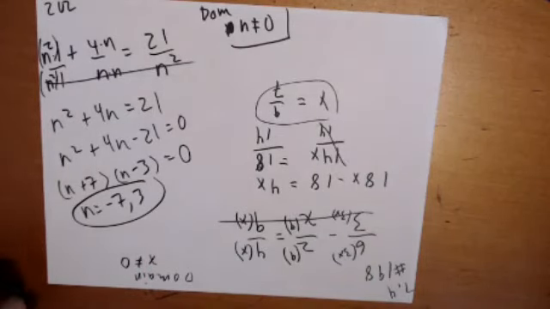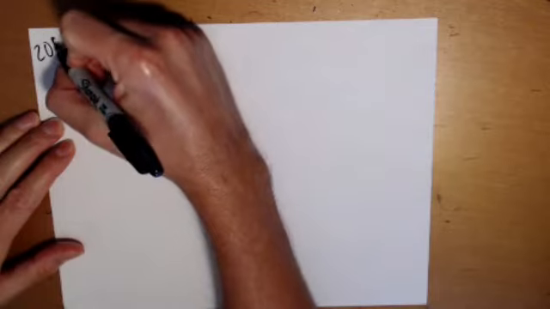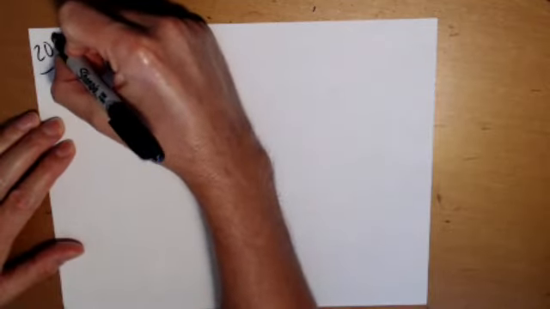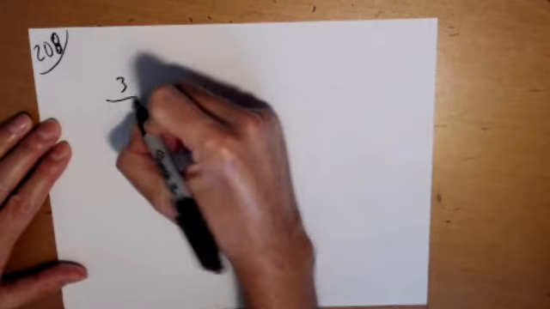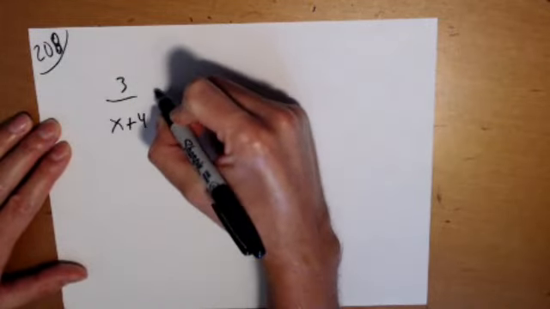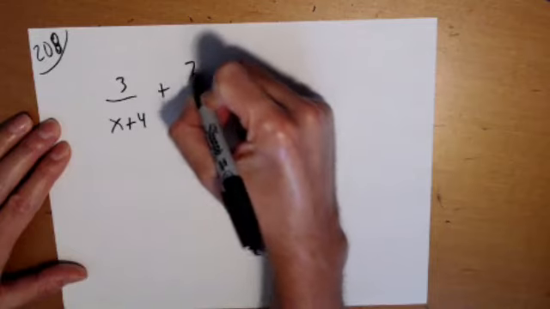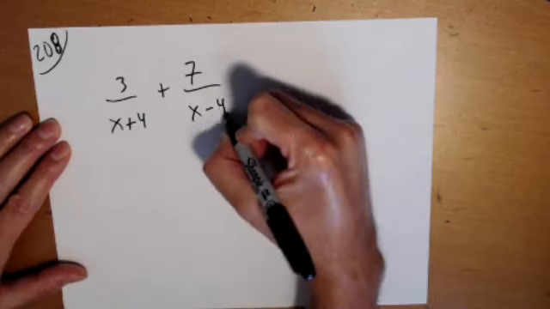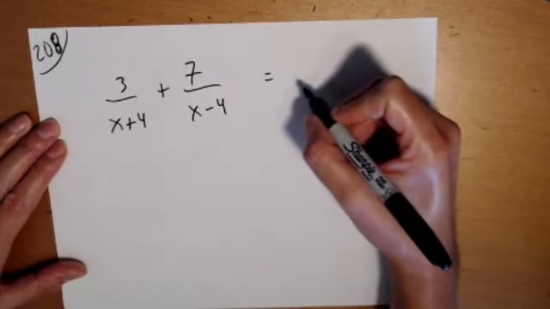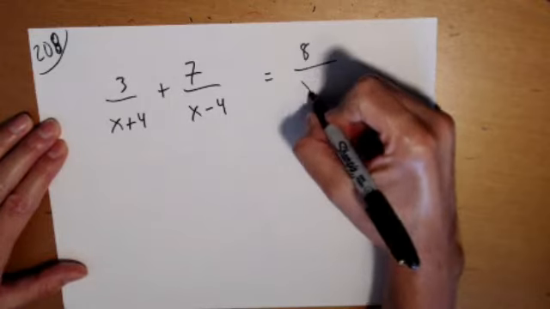Okay, moving on to 208. 208. 3 over x plus 4 plus 7 over x minus 4, leaving me some room, equals 8 over x squared